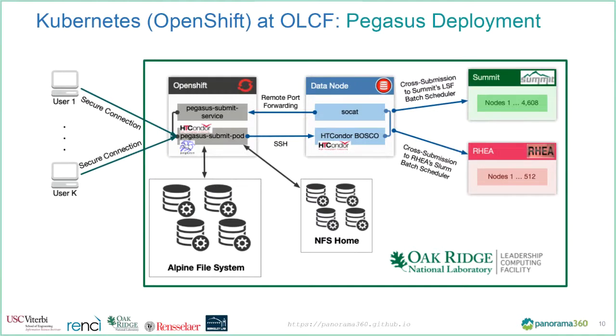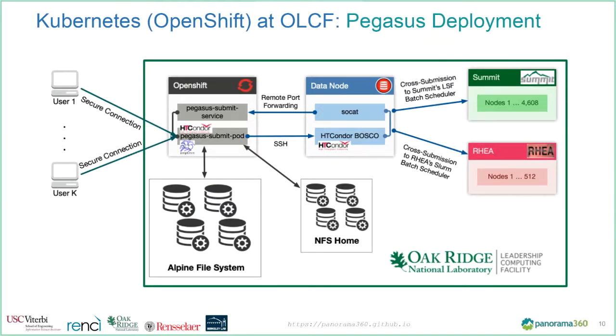Additionally, on the DTNs, because we want to have two-way communication with our submit pod, there is a process called socket, and this is getting executed so we can have remote port forwarding to our submit pod and allow HTCondor Bosco to interact with the Pegasus submit pod and the HTCondor grid manager. So basically, this takes care of